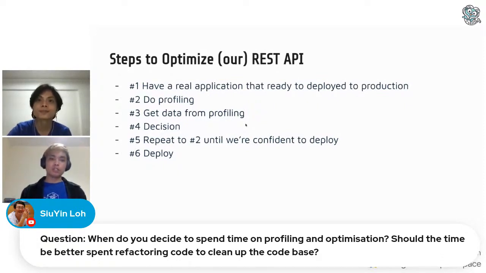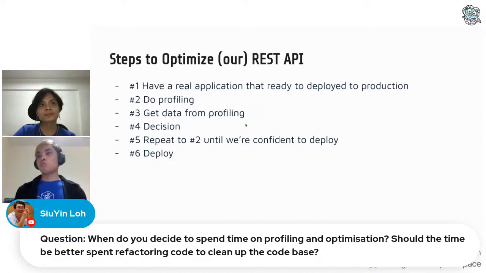That's the time you need to spend maybe one sprint or one month to profile your entire application. The second time is when your company wants to reduce cost, so you need to know how many servers your application really needs. That's the time you need to do profiling and optimization.